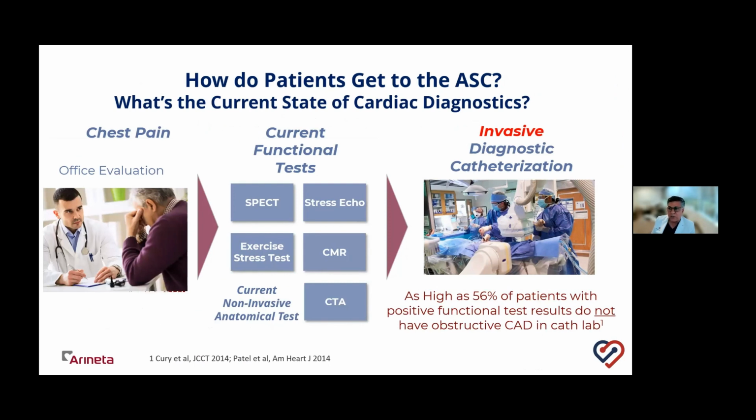So the typical evaluation for chest pain was an office evaluation to first understand the patient's symptom complex, whether they were stable or unstable or accelerated angina or chest pain. And then we did functional testing, typically a stress echo or a SPECT scan, sometimes an exercise stress test. But ultimately, we were unable to get both anatomic and physiologic assessment of these patients. And instead, we had to correlate those to the symptom complex and then decide whether we were going to do